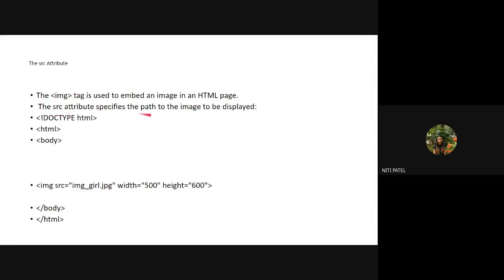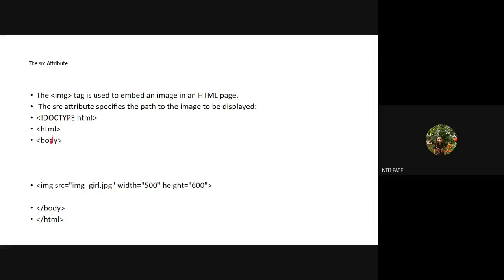The source attribute specifies the path to the image to be displayed. What is the function of this SRC attribute? It is the source, which tells me the exact path where your image is located, or the name of the image which has to be displayed on the website.